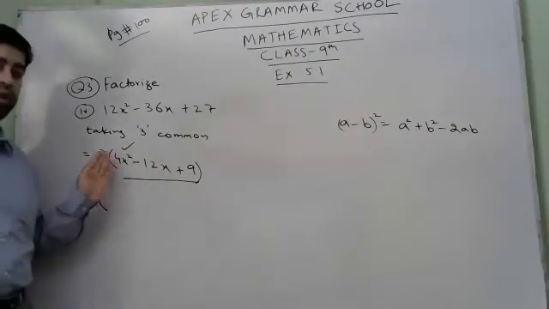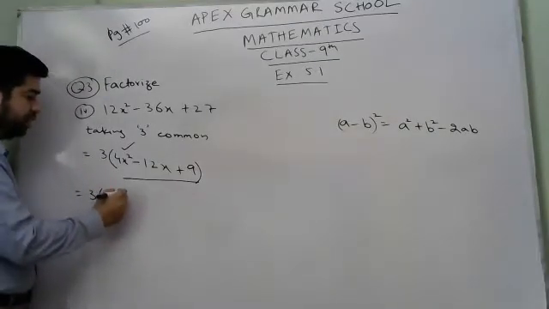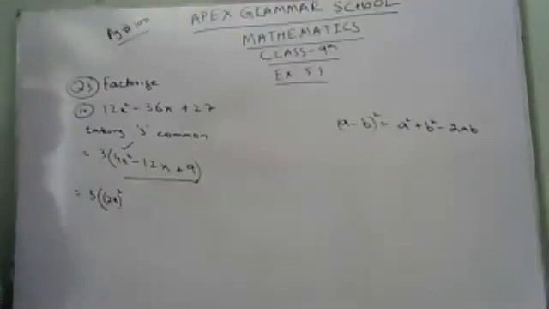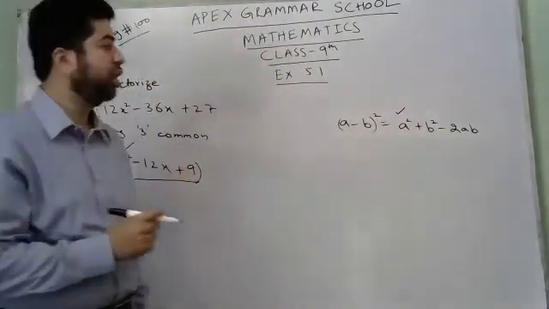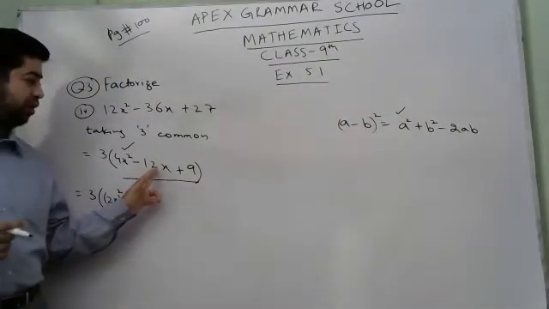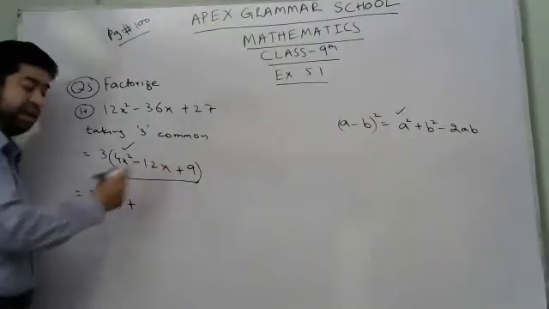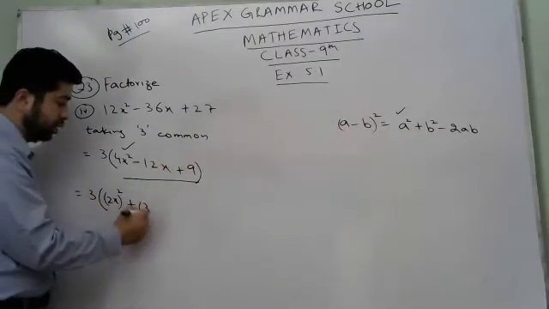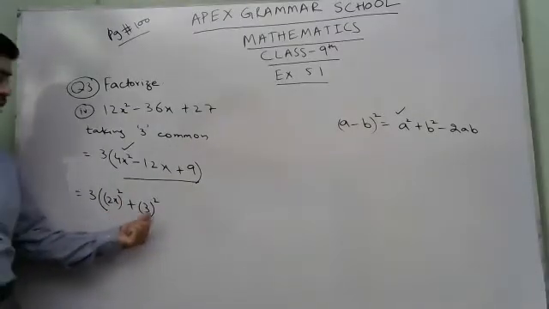You know that 4 is the square of 2, so 2x squared is a square. After that, you have to find positive b squared. So is there any square? This is minus 12x plus 9. So 9 is 3 squared. You can say that this is b squared, a squared plus b squared.